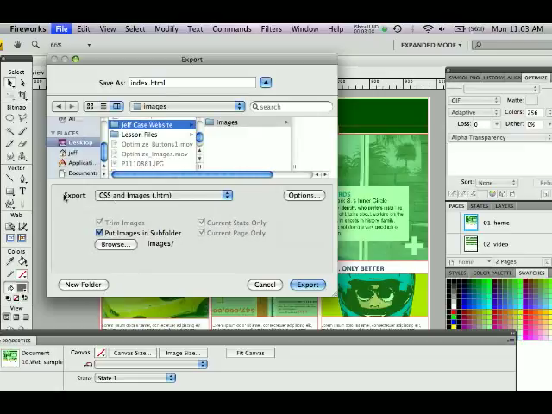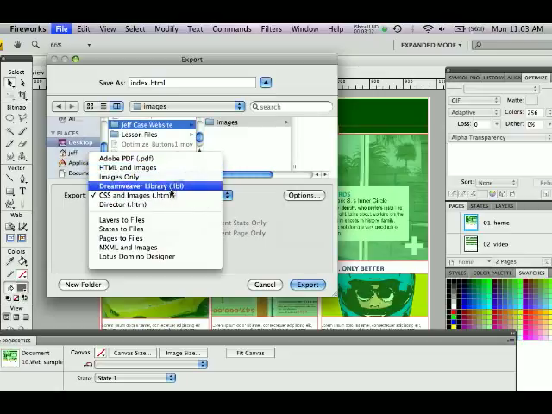Next thing you want to do is right here where it says export, I want you guys to select CSS and images.htm. This is very, very important. There's other ways we can export out, but this is web standards nowadays. CSS is called cascading style sheets. It's a new way of programming websites, which makes websites look better and you're able to design easier with the